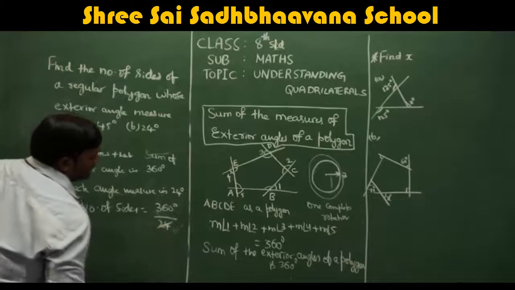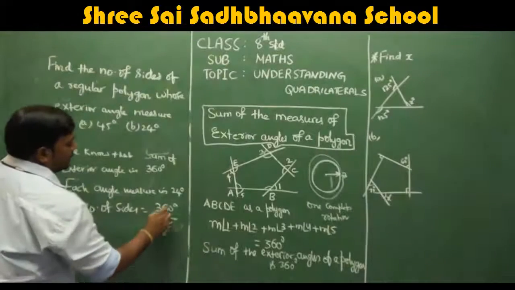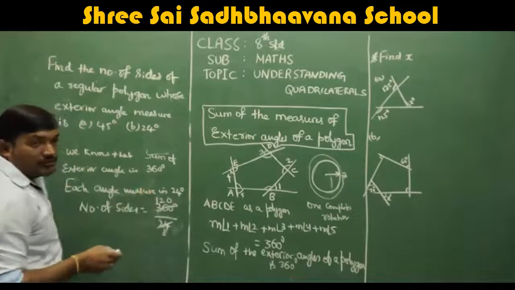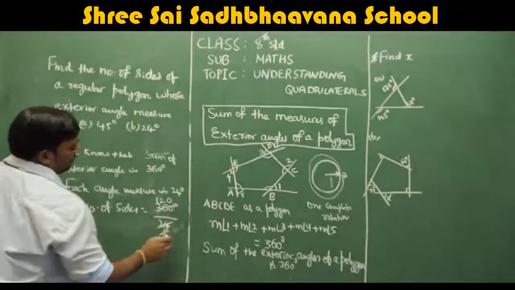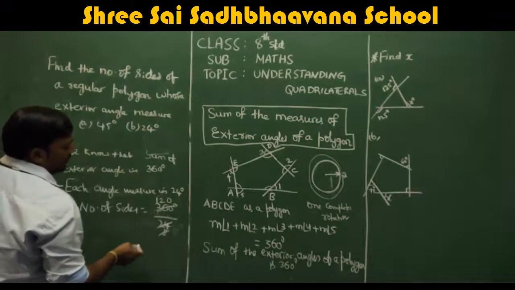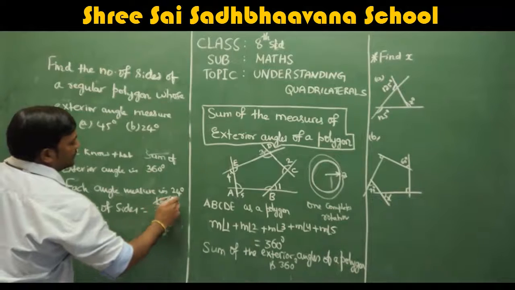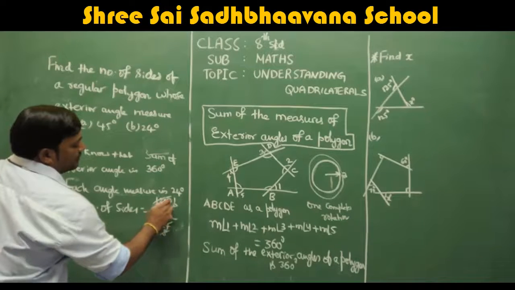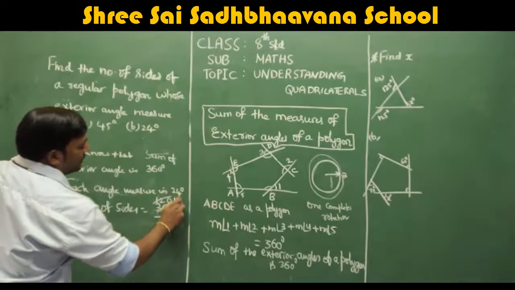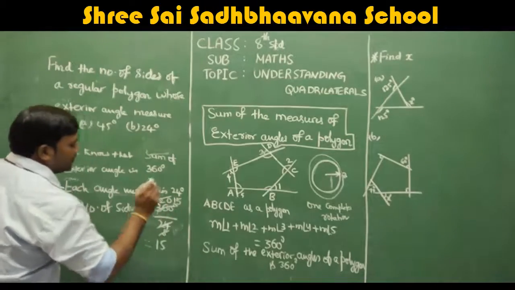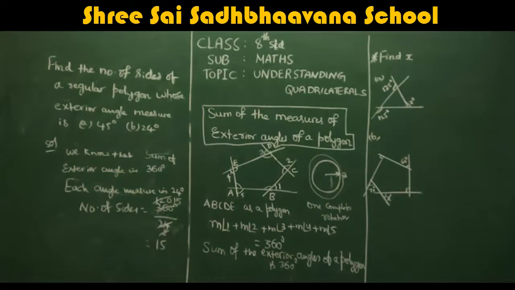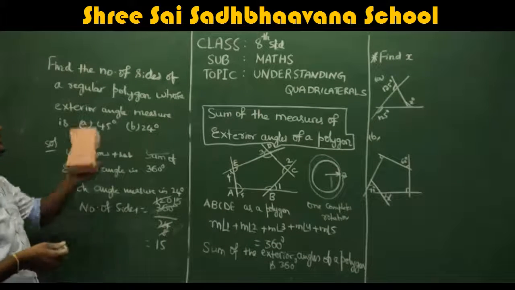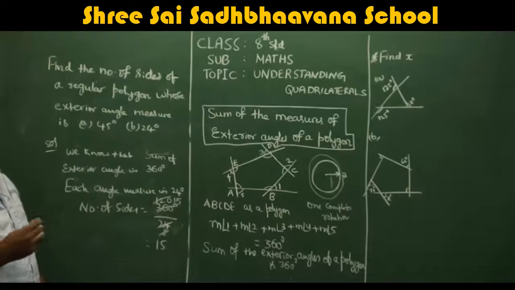Actually, we will go with 3 8s are 24, 3 12s are 36, 3 1s are 3, 3 2s are 6, and next 4 8s, we can also do 8 1s are 8 and 40 will be remaining. 12 minus 8 is 4, so 40, 8 5s are 40. So how many sides are possible? 15. You just multiply 15 with 24, you will get 360. So it means this polygon will have 15 sides. Each measures 24 degrees. Yes, it is possible. You can have 15 sides also.